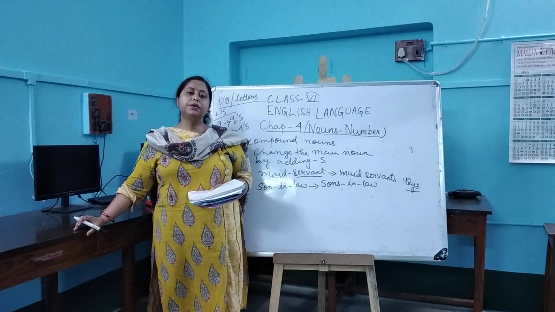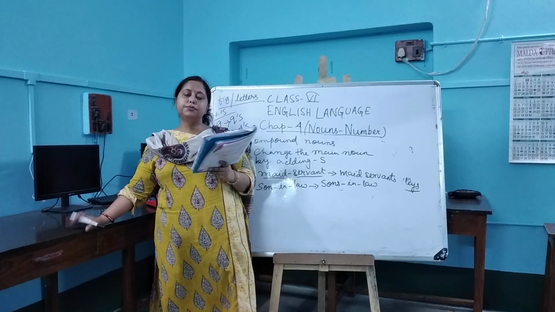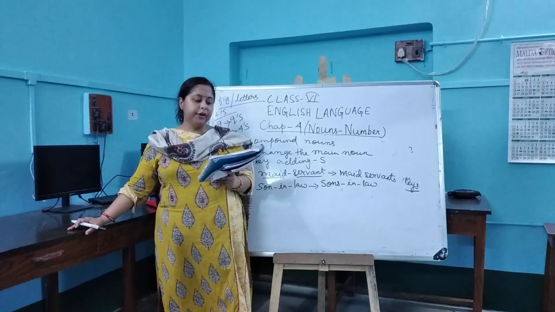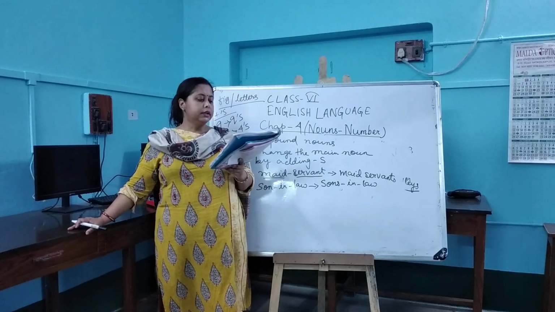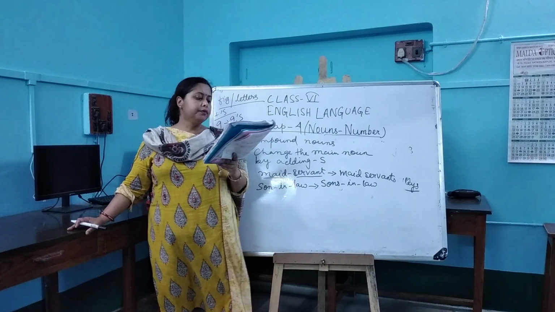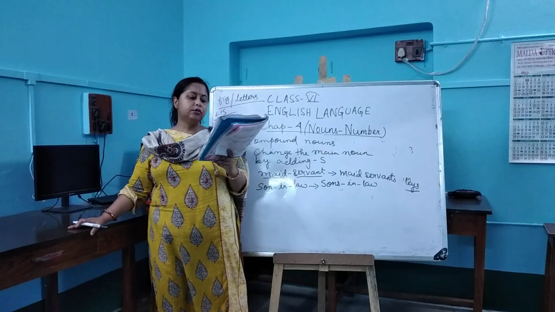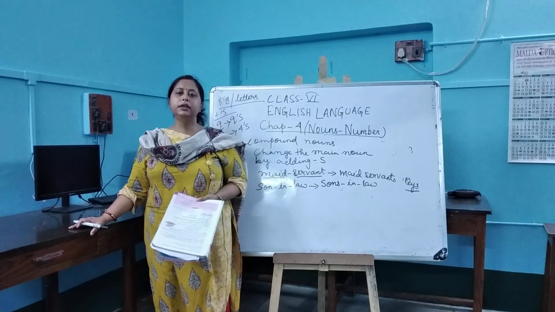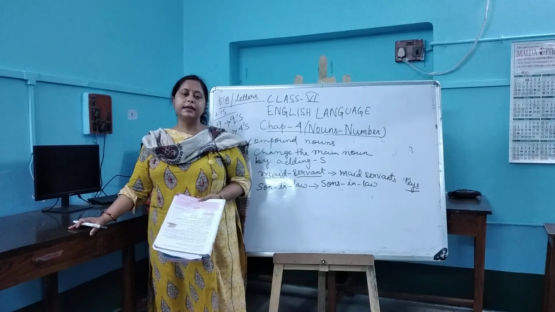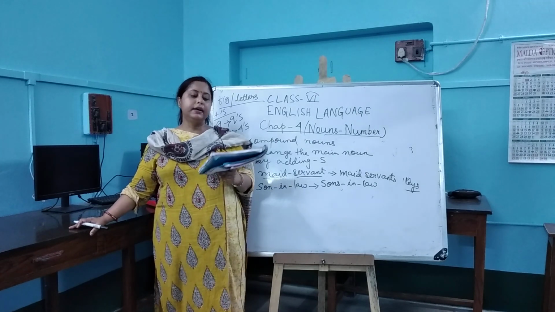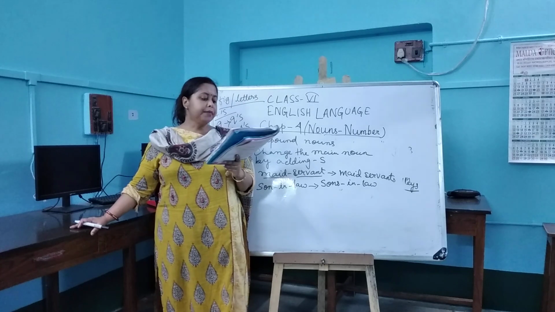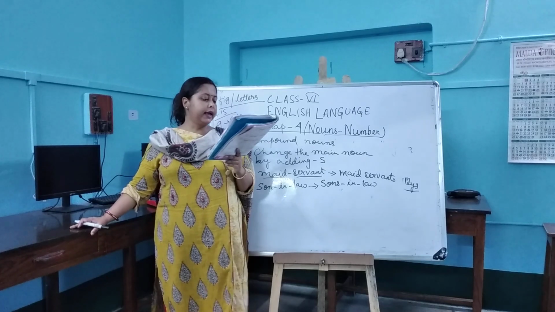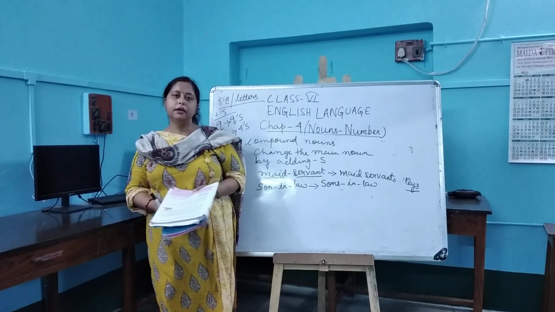There are some words which do not have a separate plural. They are the same in the plural form and the singular, like deer, sheep, fish, dozen, score. Nouns ending in is form the plural by changing is to es. Some words end with is, like basis, B-A-S-I-S. In that case, we change it to es to form the plural: bases. Some nouns that end with on form the plural by ending in a, like phenomenon, phenomena, in this way.